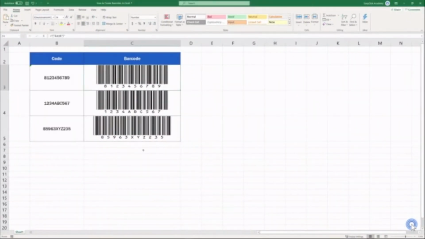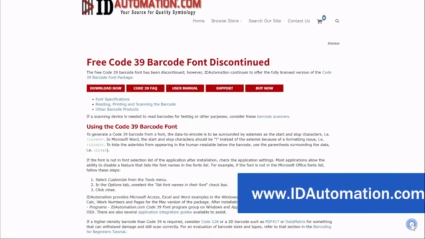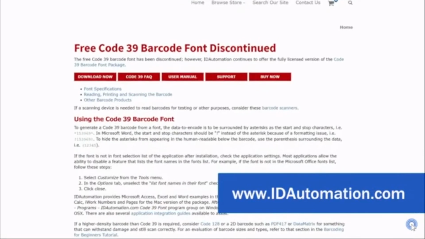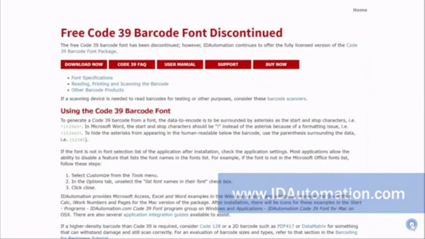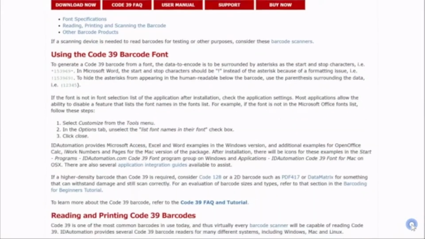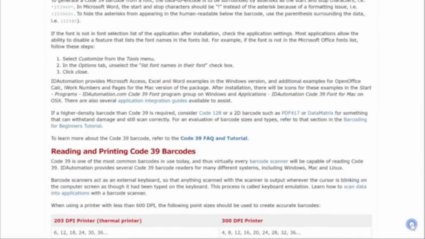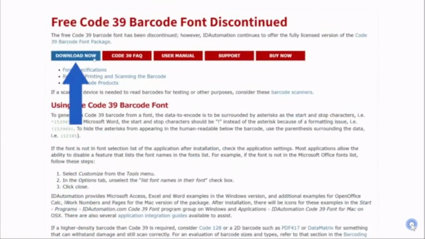We're going to have a look at how to install the barcode font quickly and for free, so you could use it right now. ID Automation HC39M font can be downloaded free of charge from the website idautomation.com. We've posted the link to the website in the description below. This website contains all information about the 39 barcode font, and using the button Download Now, you can download the